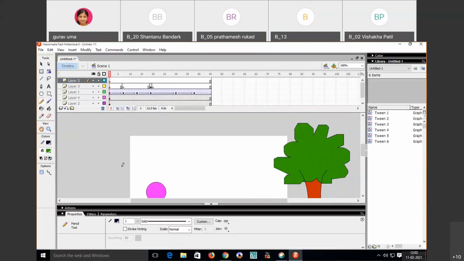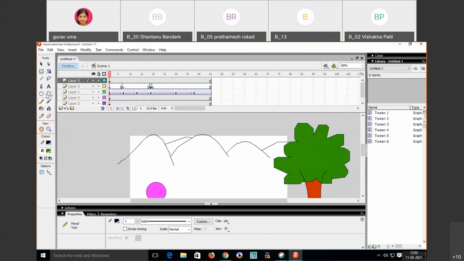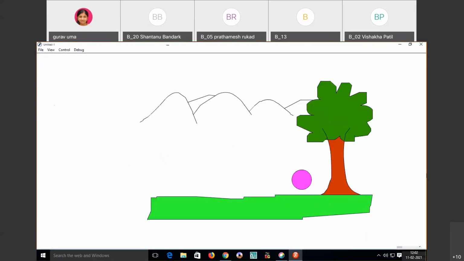So let me draw some mountains. See here, I have just drawn the mountains here.